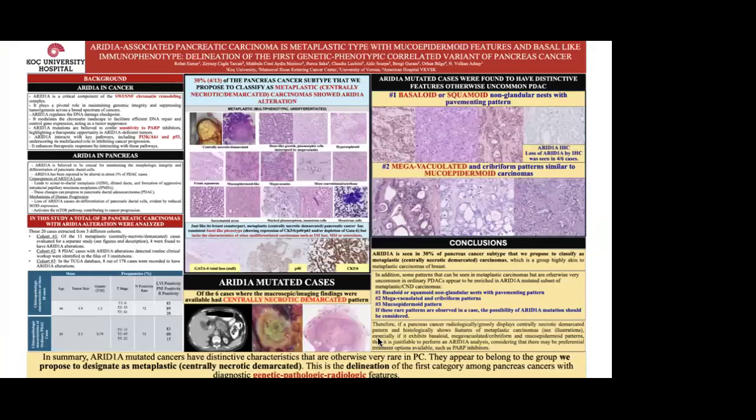And in both our cases and those from the TCGA database, we observed that ARID1A-mutated metaplastic carcinomas frequently exhibit different histological images, like megavacuolated and cribriform patterns or basaloid and squamous non-glandular nests with a pavementing pattern. Why is this important? Because ARID1A may soon have a targeted therapy. And when we look at the targeted therapies,